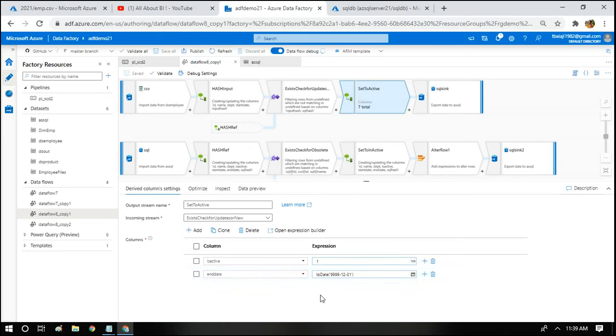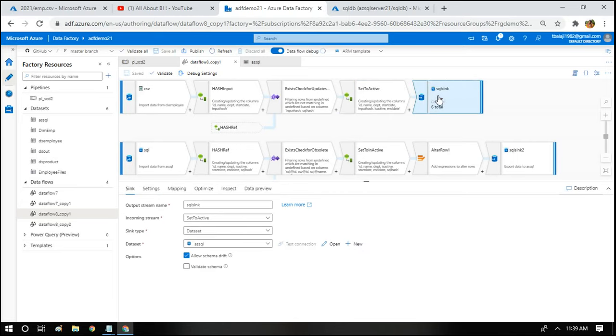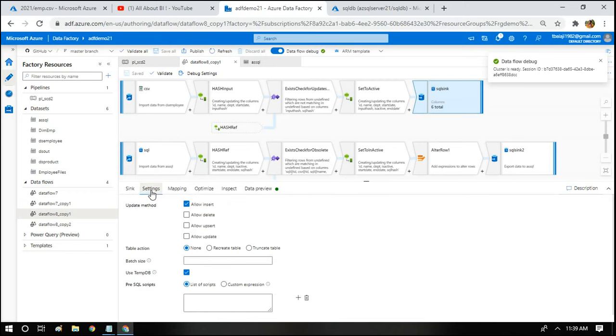Once I'm done with this, I'm going to insert it into my SQL table. For insertion, we do not need to include an alter row. It can simply be inserted to the SQL destination. I am choosing the table in which I have to insert my records, and in the settings I will just keep the default option; you will not have to choose anything.